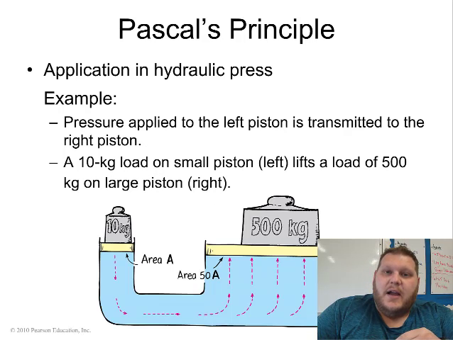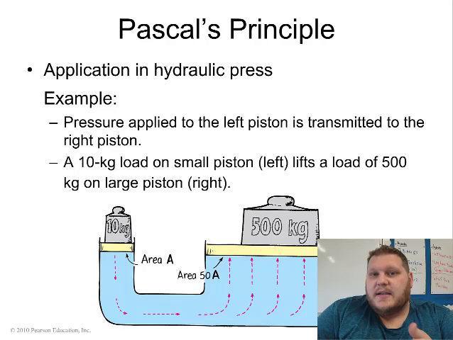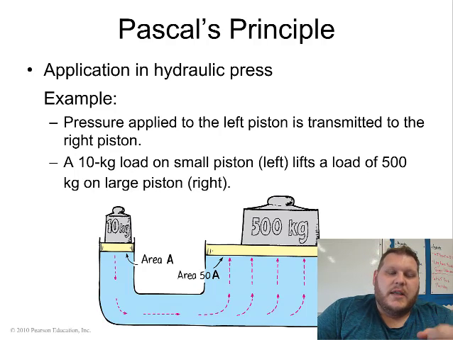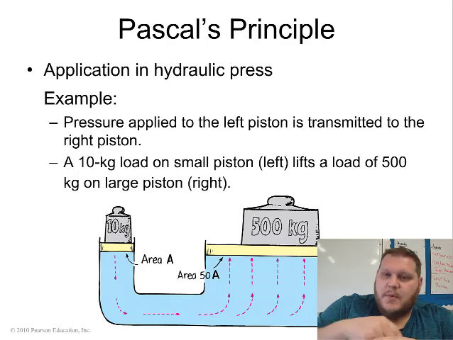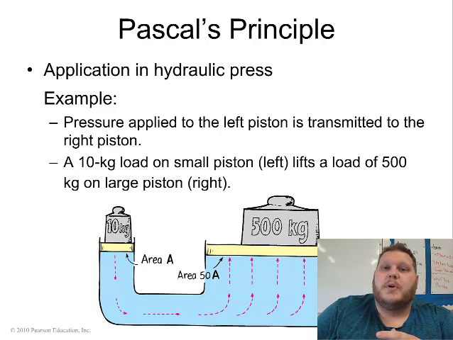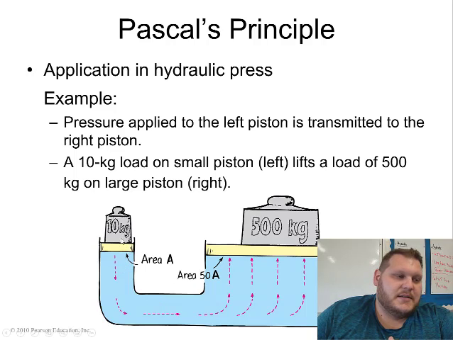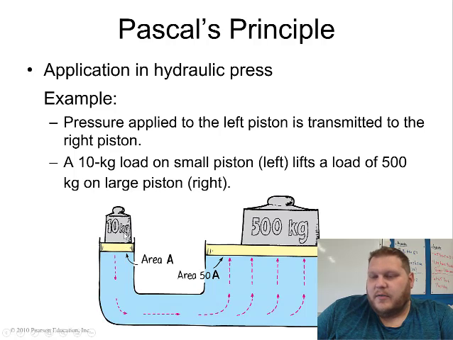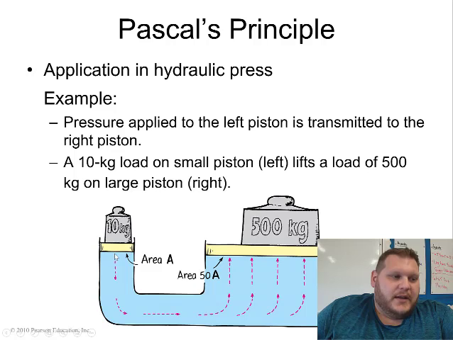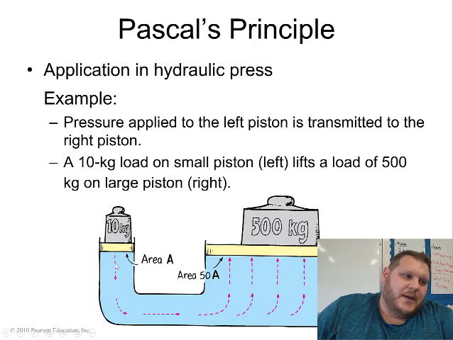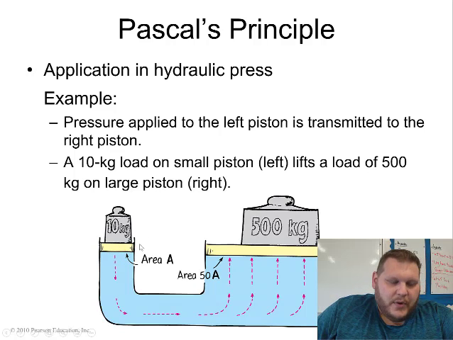This is actually how hydraulics work. So in a hydraulic system, you have a small input of pressure on a small area that's connected to a much larger output. You can see the example here, we have a 10 kilogram mass pushing down on this part of this piston in our system. And because that pressure, this force times area is whatever this ends up being, 10 times 9.8 times whatever this area is, but whatever this area is,